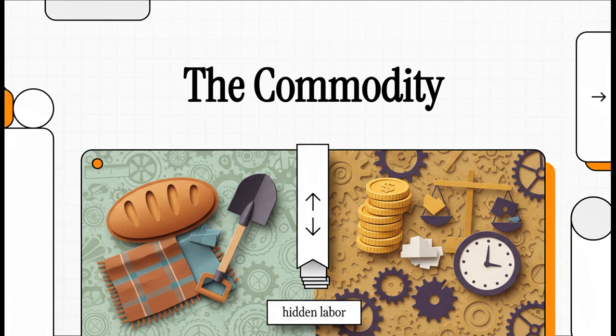If you really want to understand the world we live in, our economy, our whole society, you have to start with the most basic thing that shapes it all, the commodity. It seems pretty simple, right? But digging into it, really analyzing it, shows you the entire blueprint for our economic system.